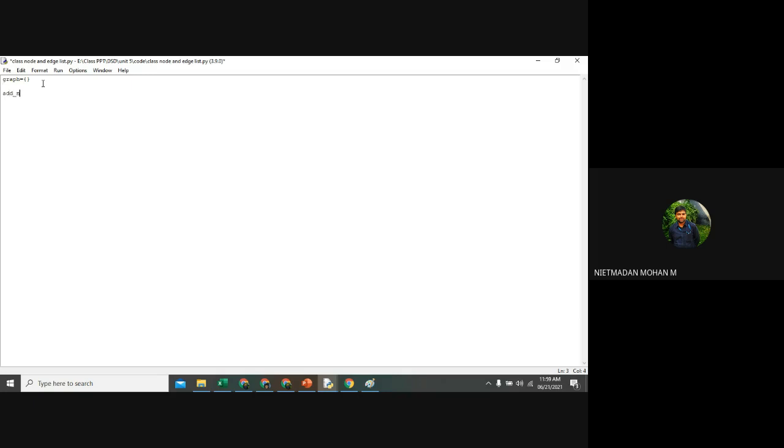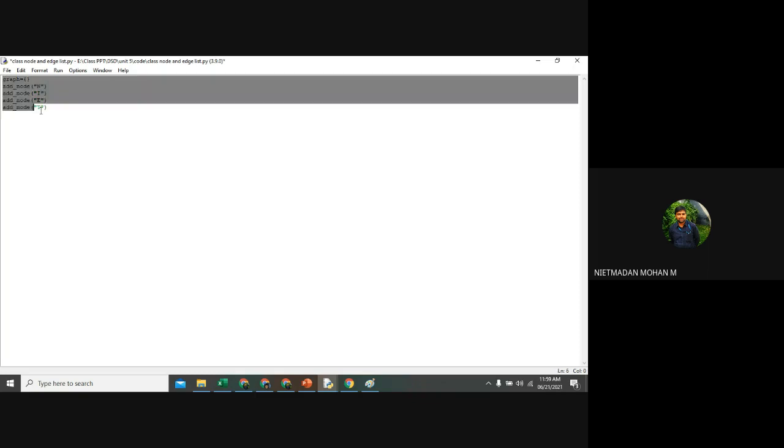So add underscore node. I will write first the main function, and after that I will go to the function-oriented part. Add node of A. Add underscore node of I. Add underscore node of E. Add underscore node of T. So here my main program has been completed.